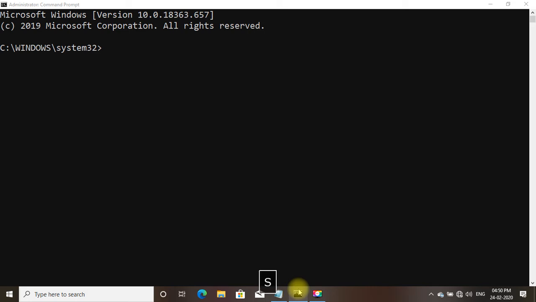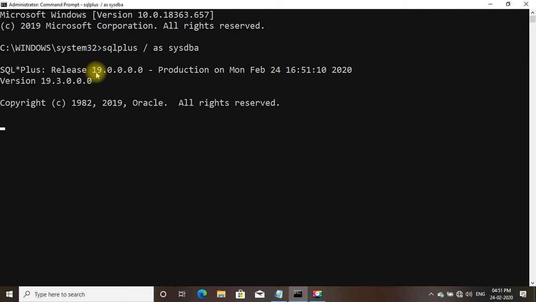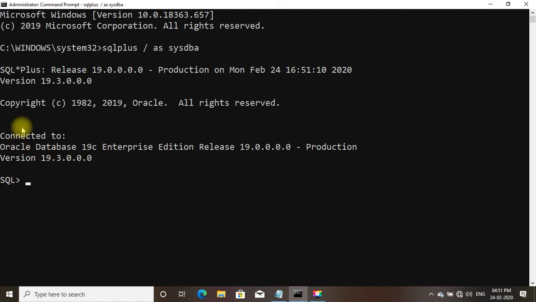Type SQLPLUS forward slash as SYSDBA. So here you can see we are successfully connected to SQL.